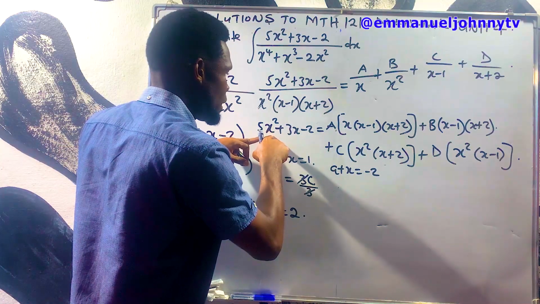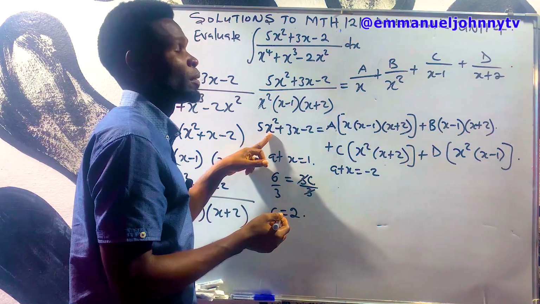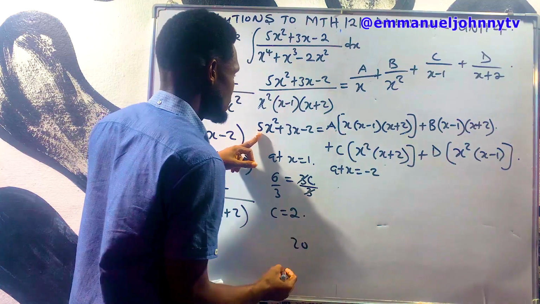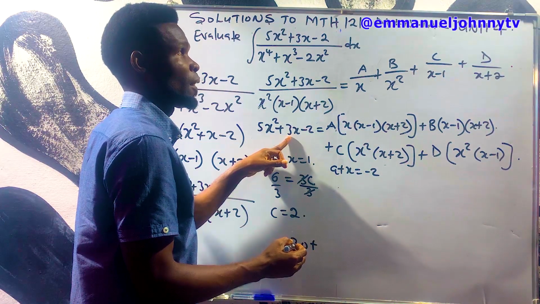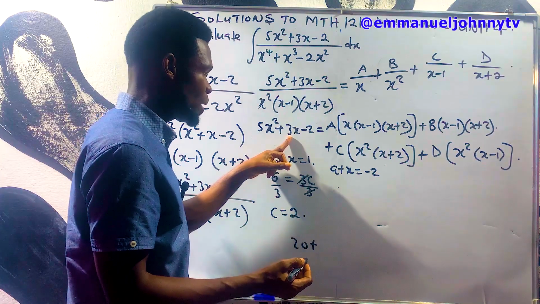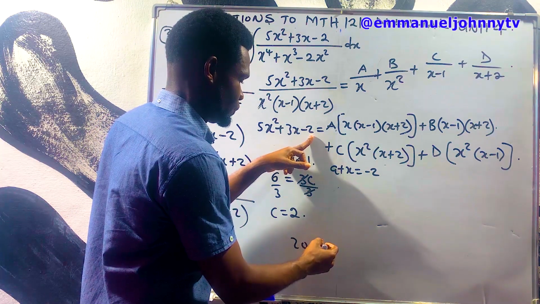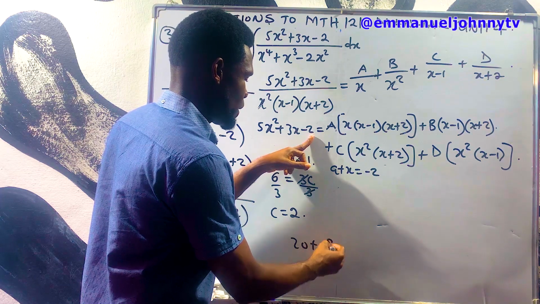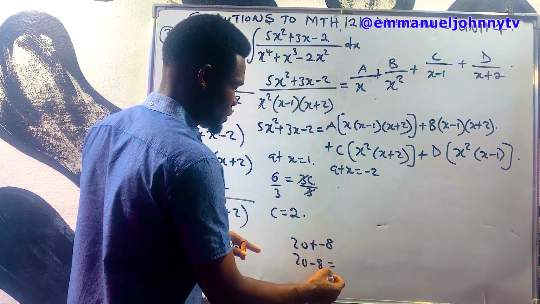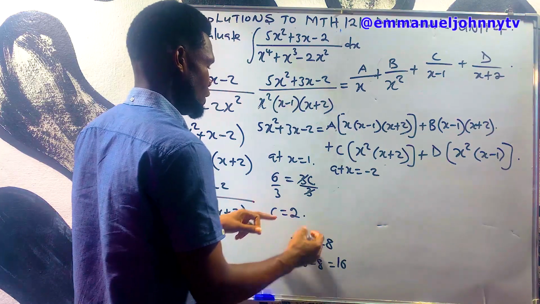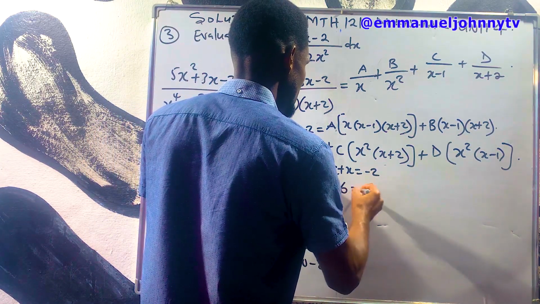If I put minus 2 here, that will be minus 2 squared is 4. 4 times 5 is 20. Plus minus 2 times 3 is minus 6. Minus 6 minus 2 is minus 8. So that will be 20 plus minus 8, which is 16. So I have 16 here, meaning that 16 equals to